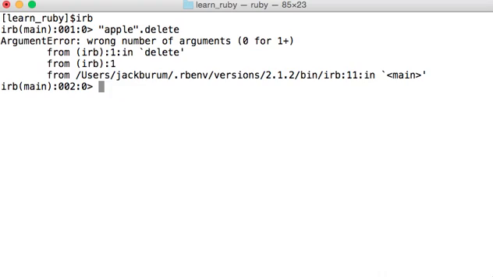So let's try that again, but this time we will pass in a parameter of a. So we take our string apple, call the delete method on it, and pass in the substring of a to get this method to perform its actual function. And now we have pple. So that's how you pass a parameter in